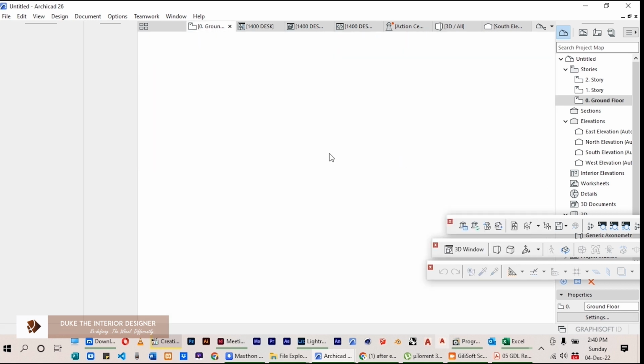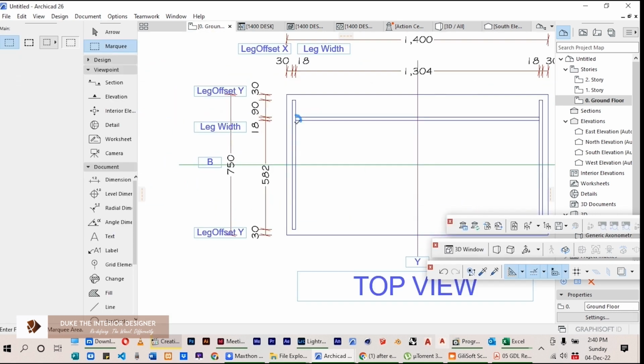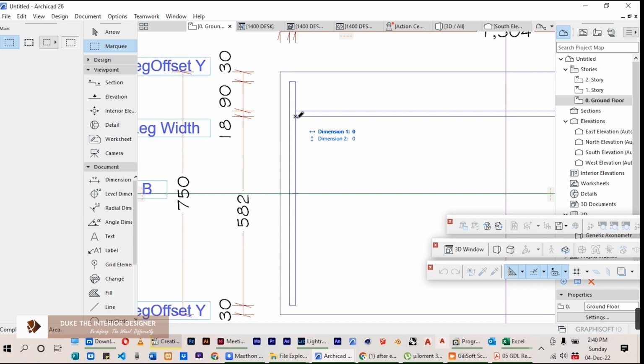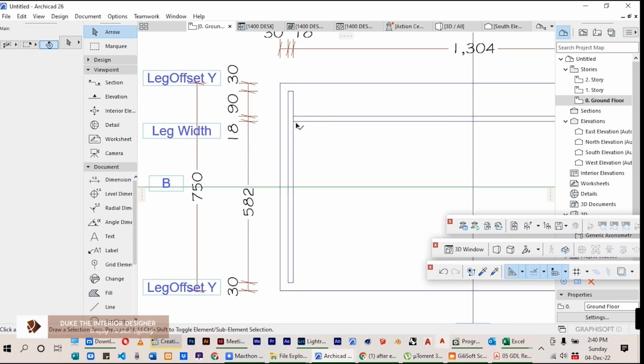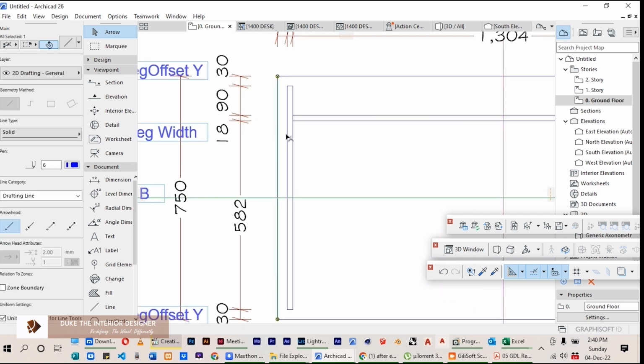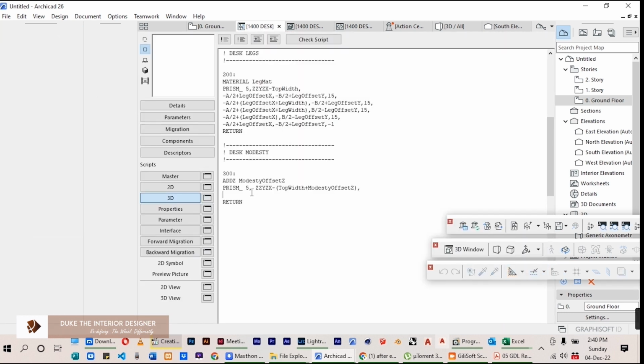We come to our plan. I already start the first point as this one. The first point here would be minus A divided by 2, then you remove the leg offset, and then remove the leg width. So come here, you write minus A divided by 2 plus, into bracket, leg offset X